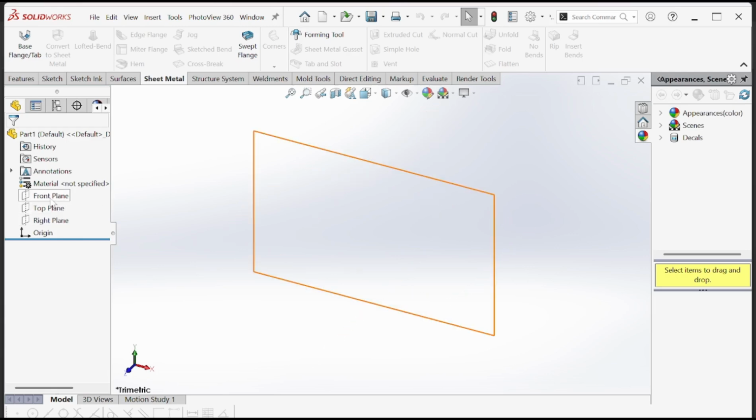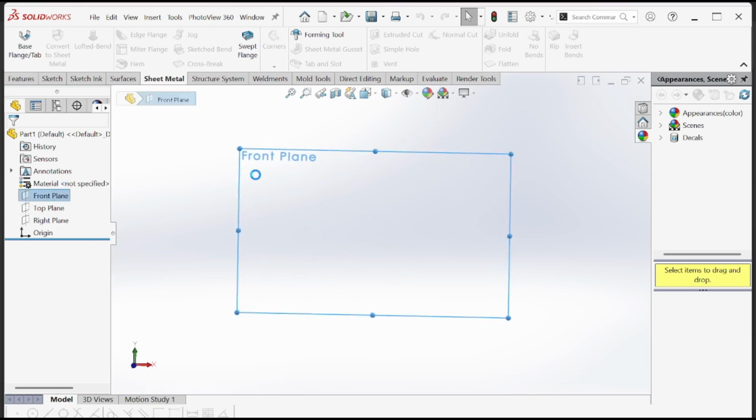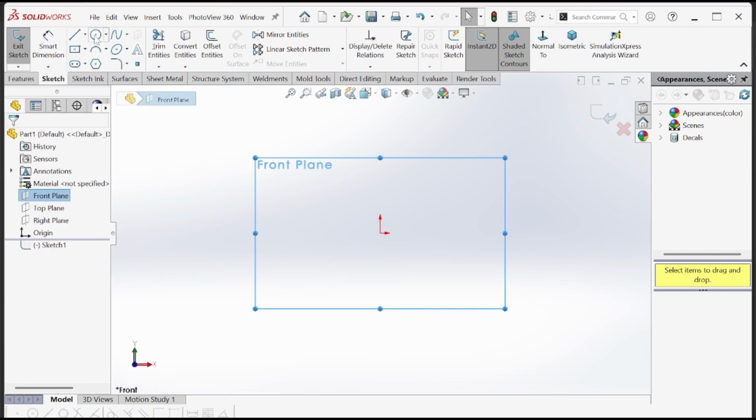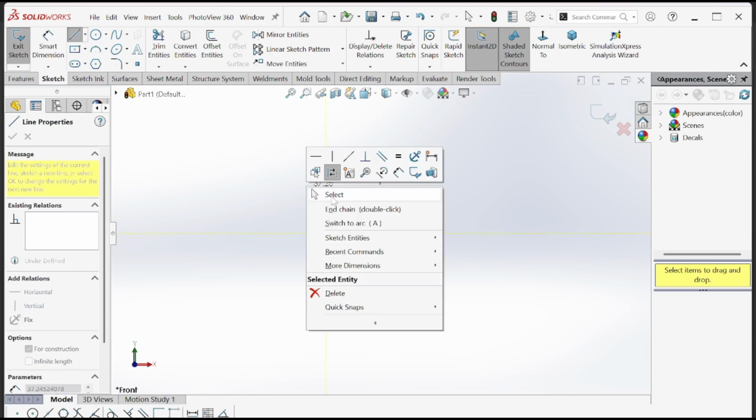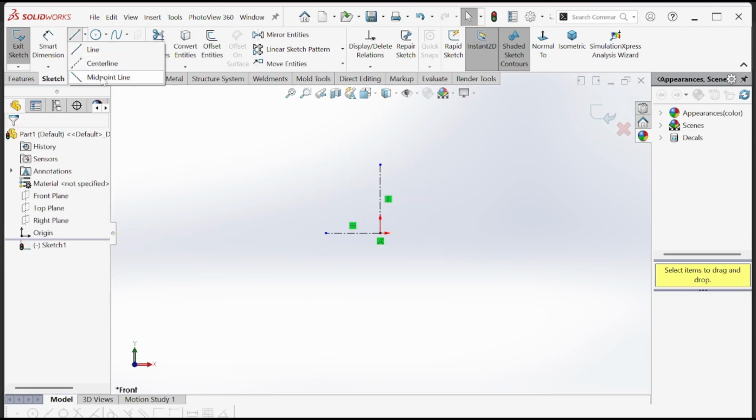Now we have to select a plane which will be suitable for the design of our model. So how? Simply go and select the front plane, right? Now here we need to make two center lines, one like this and one like this, right? Now again come here and select